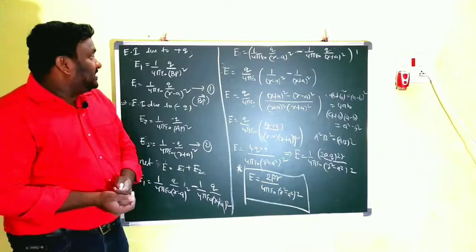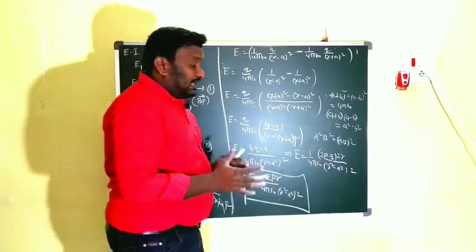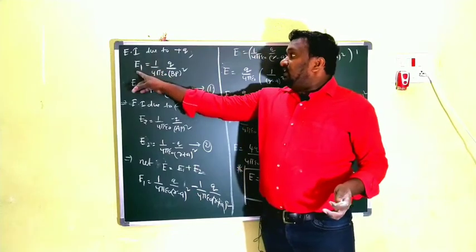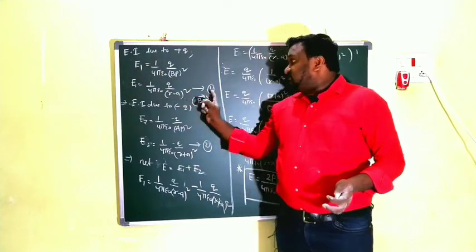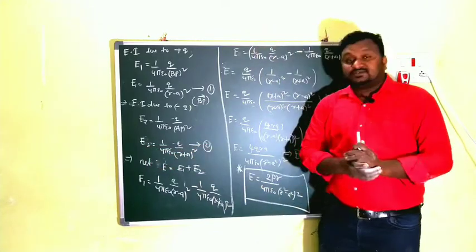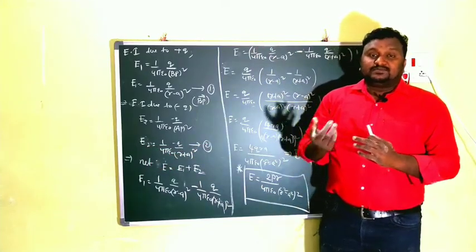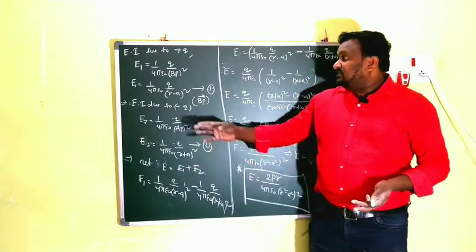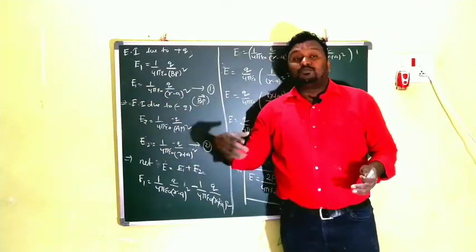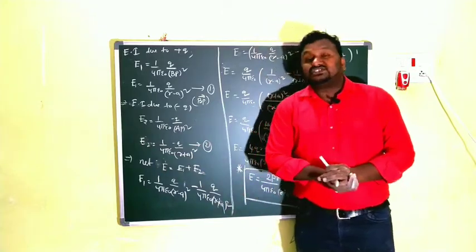Once again you see here, we have already taken a dipole with plus q charge and minus q charge. Here the electric field intensity due to the first one is equation number 1, and this is the electric field intensity due to the negative charge. That's why one is plus, one is minus. So the resultant means what? We will write E1 plus E2. Here E1 plus of minus E2 means E1 minus E2.